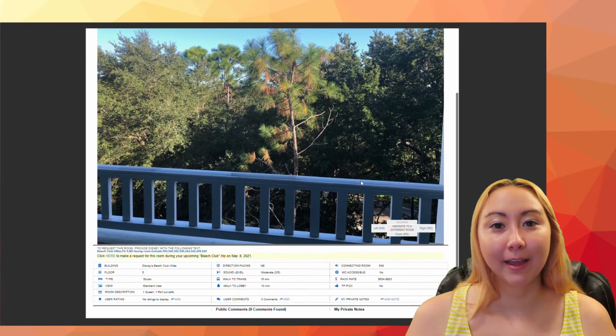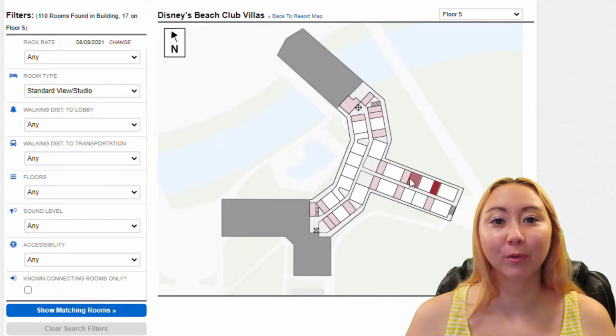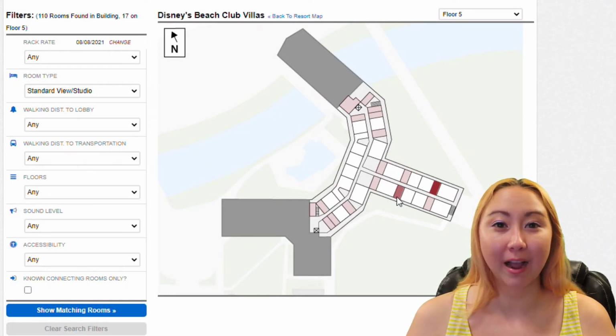It would be a very nice bonus to get a fireworks view, but I wouldn't count on it at all. And if you put in a room request and get a room you think you'll be able to see fireworks from, and then when you arrive it turns out that's not true, definitely don't take it out on cast members.